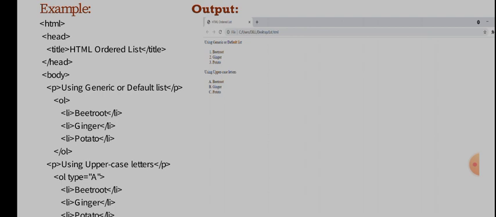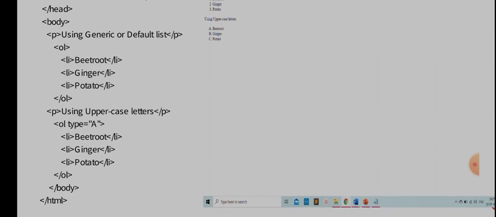Here I am writing 3 vegetable names, beetroot, ginger and potato, using the LI tag, and I am closing the OL tag. And I also write another paragraph using the P tag, using uppercase letters. Here I describe OL type is equal to A. It means the list items will be presented in capital letters A, B, C. Here I am writing the list items using the LI tag, and I am closing the OL tag and closing the body tag and HTML tag.